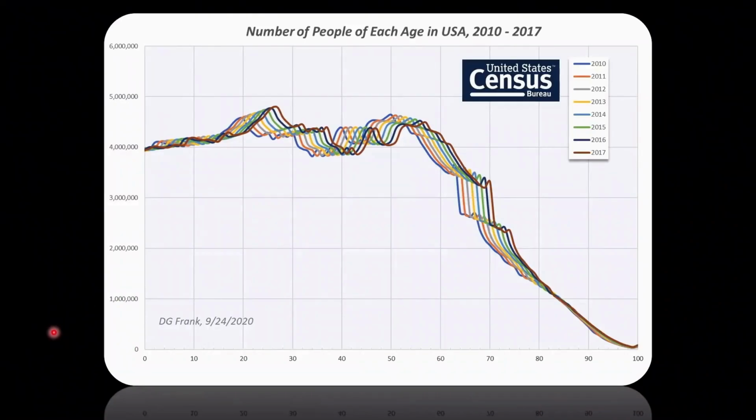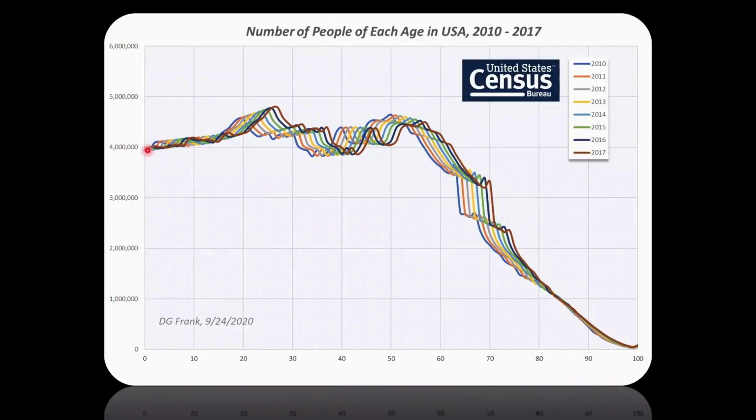So I was using, guess what? The 2020 census. I'm sorry, let me retract that. The 2010 census, and you can just download this right from the internet, which is what this graph is. Now, what I did is I downloaded 8 years worth of it. And this is just downloaded data, I'm not making this up. Just to help you understand what this is, across the bottom you've got age, 0 to 100 years old. And then on the y-axis, this is how many millions of people are of each age.